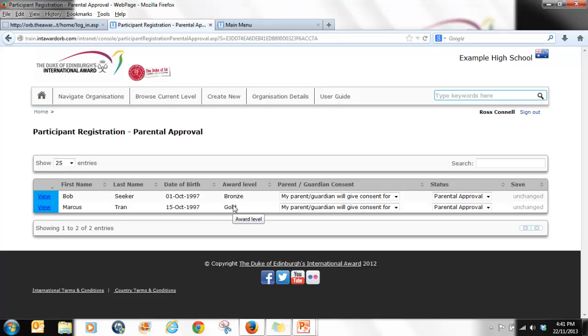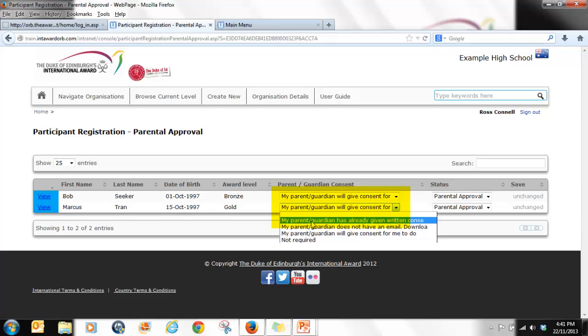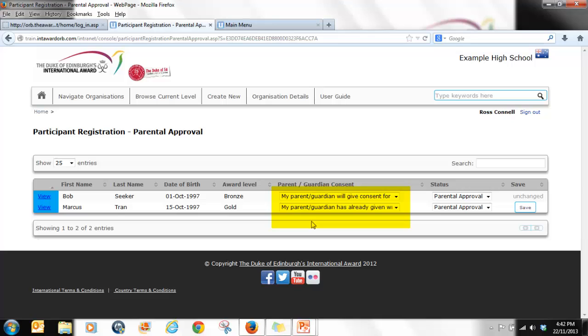So as an example, Marcus has on his registration form entered that his parents or guardian will give consent via online record book, which means as part of the registration, his parents receive an email with a link in it that they click to provide approval. Now it may be for some reason that the parents are not getting this email. So what you're able to do is to change the option of how the parent or guardian is going to give approval. And once you have that approval in writing, you can change the registration, you can push it through